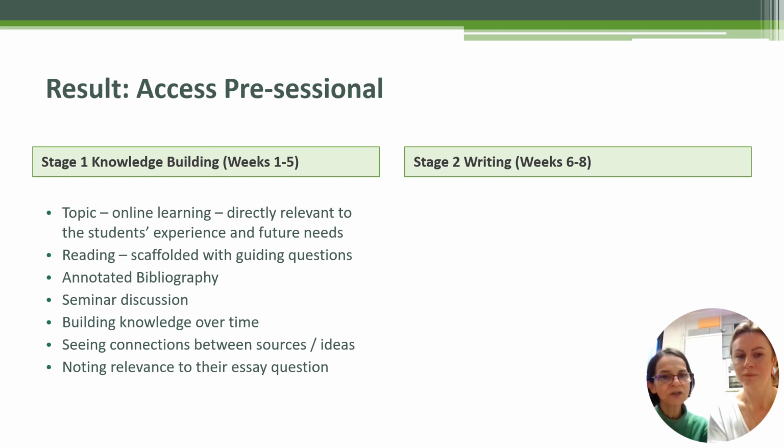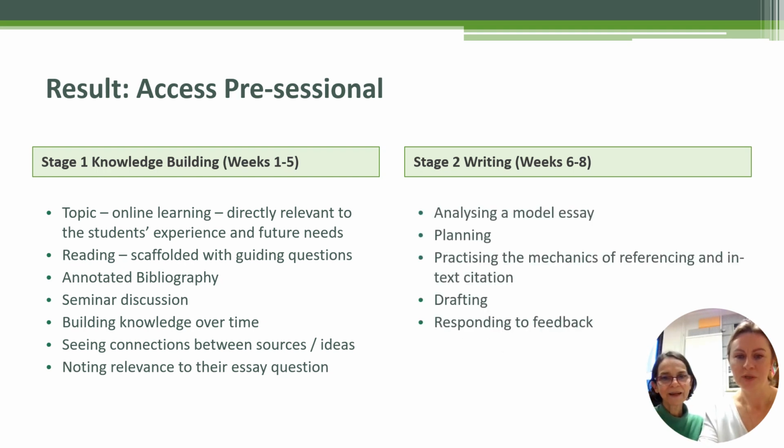So they are building knowledge over time, and during that process also seeing connections between the different sources that they are reading, and noting how these different sources are of relevance to the particular essay question. So the first half of that course, weeks 1 to 5, is very much devoted to knowledge building. Which then offers a good foundation, we believe, for the development of macro writing skills at the level of